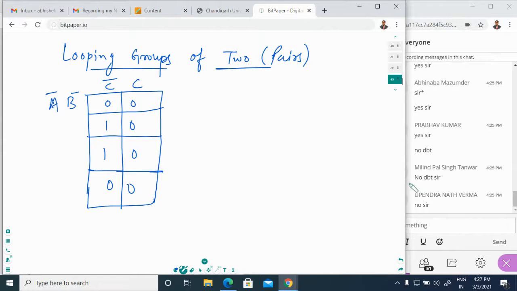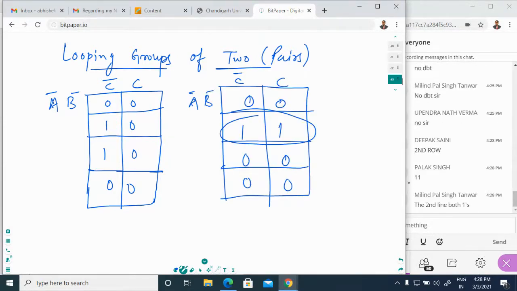This is a K-map, simple K-map. Okay, just you have to find out the one position. If the one position is present in the vertical bay, you can pair the second row. You can pair the second row. In this first case, you will pair the first column, second and third row.